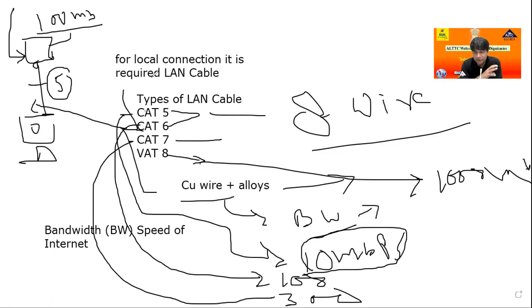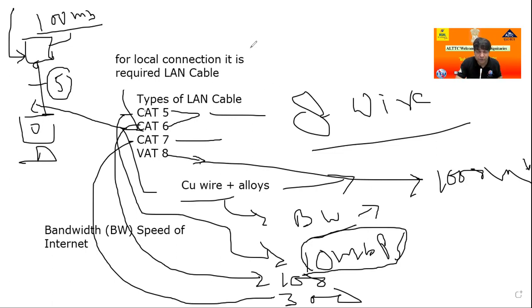This is all practical information, not from a Google search or a book. I work in the field, so I give all these specifications according to the field. So Cat 5 maximum 10 Mbps, Cat 6 is 100, Cat 7 300, Cat 8 1000 Mbps, because in coming time you may use high speed internet.